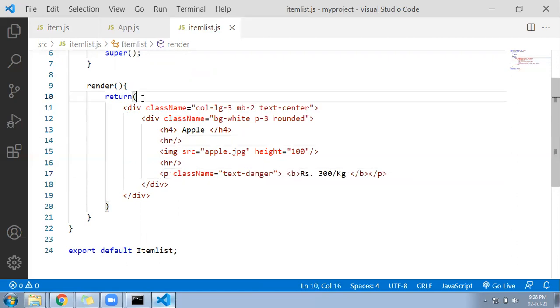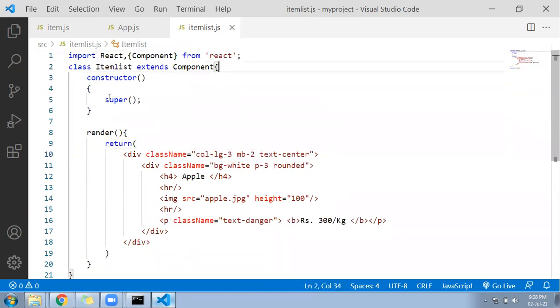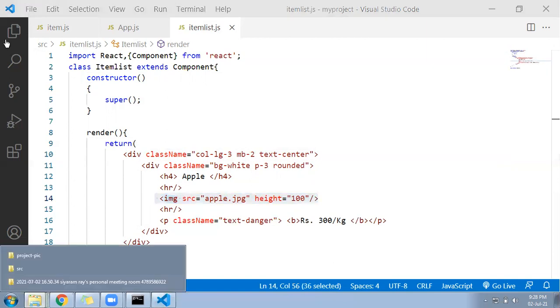What I did: I created a static component as a child component. Inside, I followed the constructor as of now; we will be using that. And then after that I wrote the render function. Inside I used col-lg-3, and inside I applied some UI, and I'm printing an apple. I'm calling apple.jpg, because in my public folder, I'll show you, let me look into my public folder.